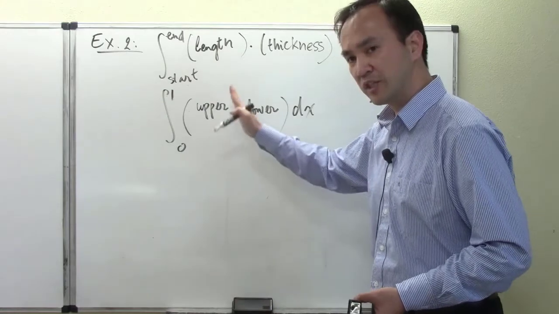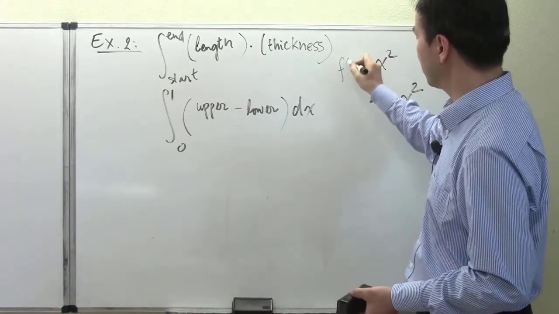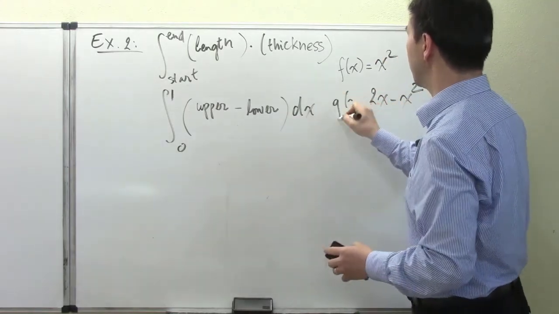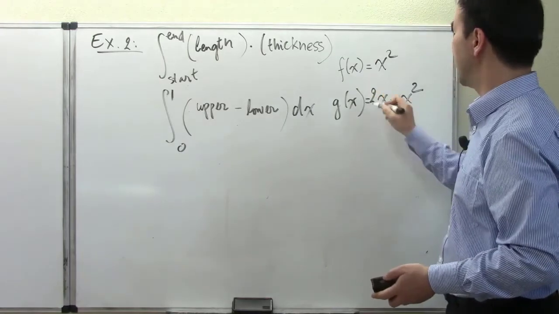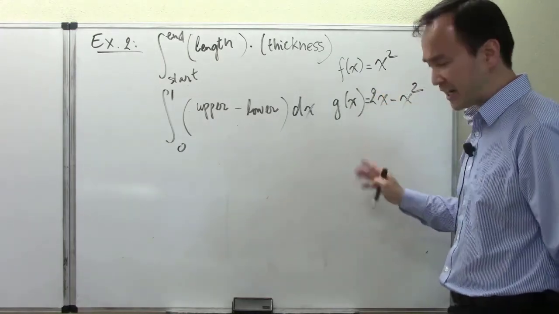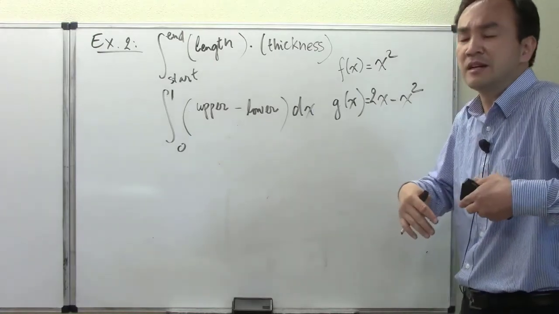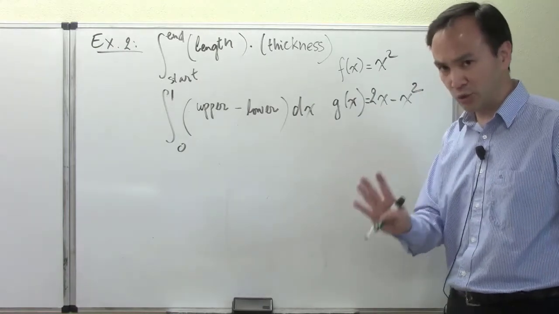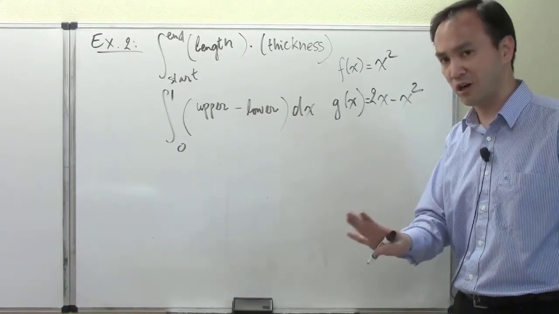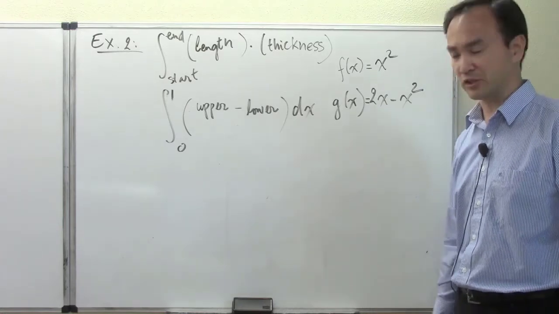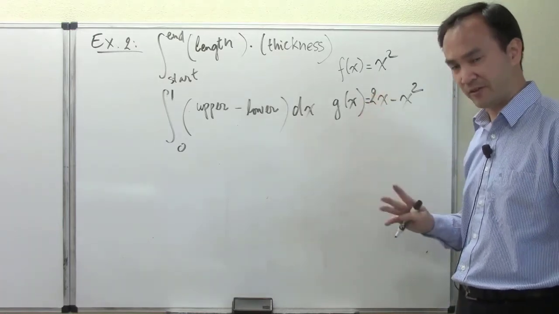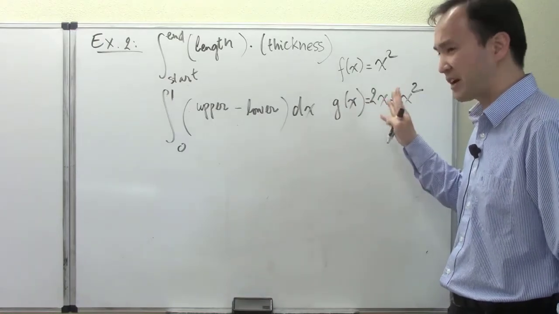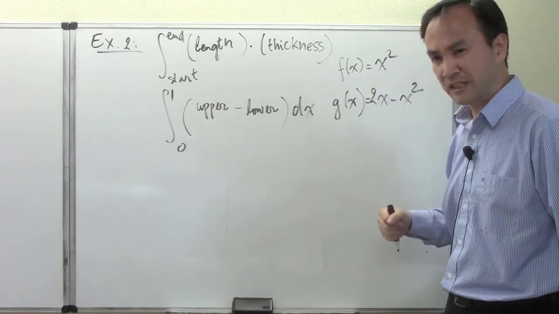here's how we can decide who's the upper function and who's the lower function. See, there are two functions. One of them is f of x equals x squared. There's a g of x equals 2x minus x squared. Like I said, the graph did not tell me the story, because I can pretend that I'm that person who is not so experienced with graphs. There are students who arrive at calculus but are still not so much a big fan of graphs. Okay, so in that case, if you're not a big fan of viewing graphs, or if you're still a little bit shaky with the properties of graphs, and these properties don't come back immediately, then